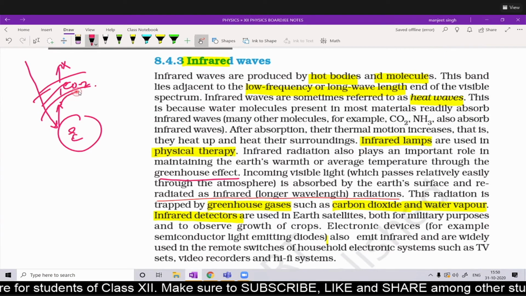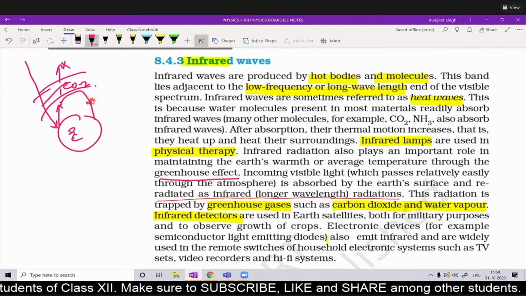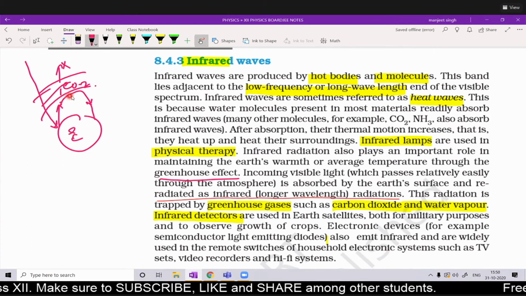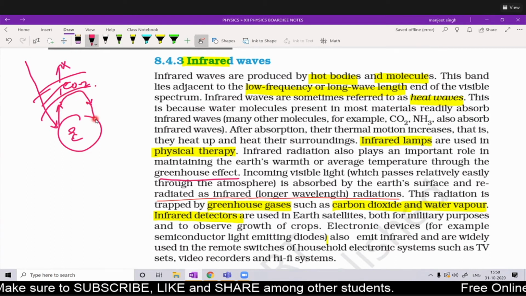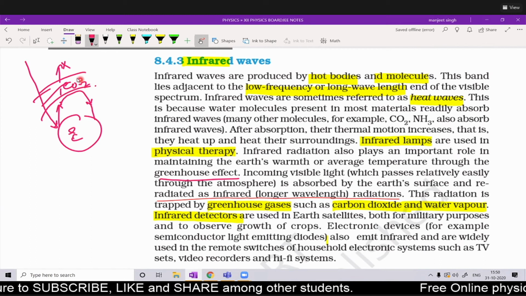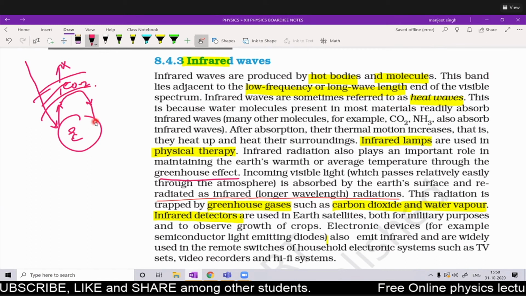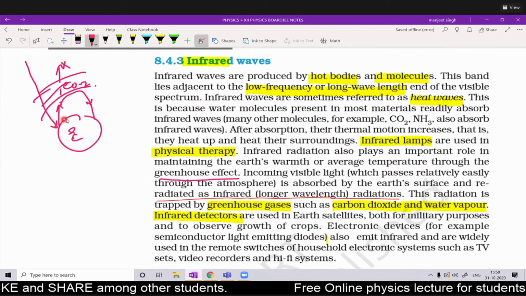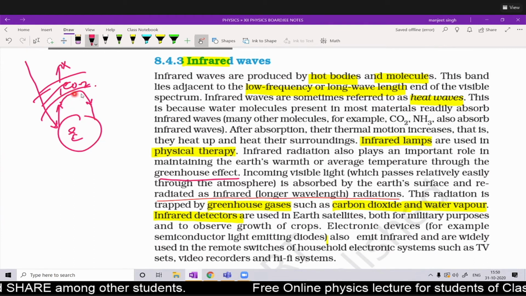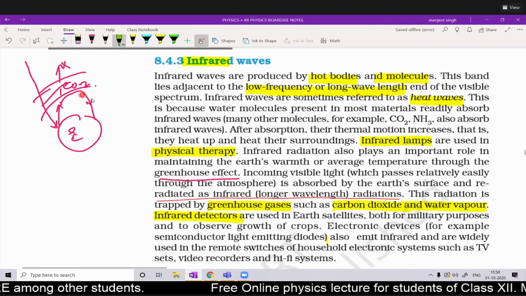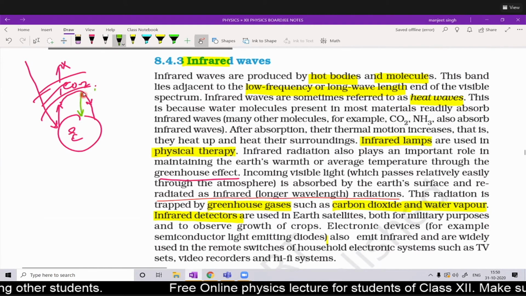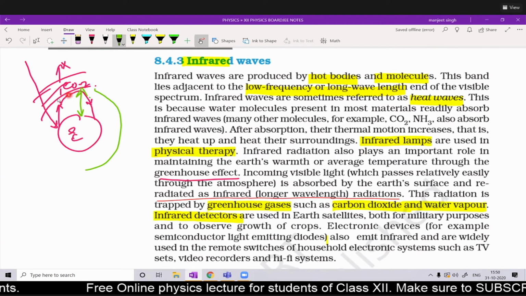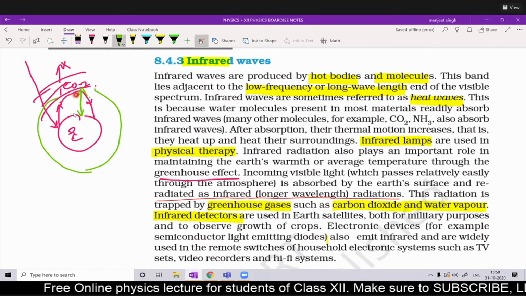Most of the energy comes back to the earth through reflection from this layer. They absorb the energy and re-radiate it towards the earth, and a very small amount of energy goes out. That means the whole of the energy on the surface of the earth is trapped in this layer around the earth, and this creates the warmth on the earth.